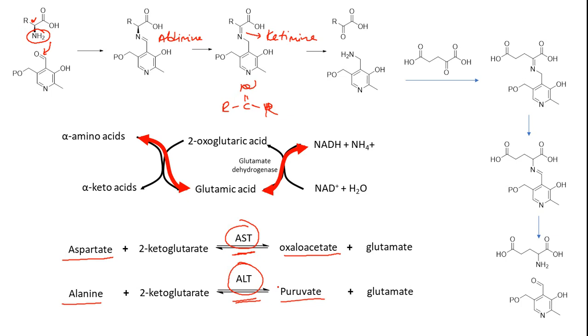So that's the reason why, if anything happens to the liver, in case of liver cirrhosis or any damage, these enzymes will leak into general blood circulation. Thereby they will be reflected in their enzyme levels, which we usually call liver function tests. Okay, so in that way, these are two examples of transaminase type of reactions.